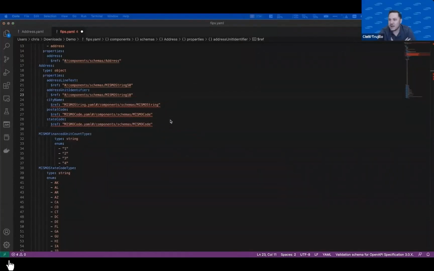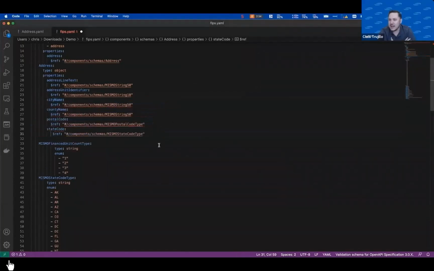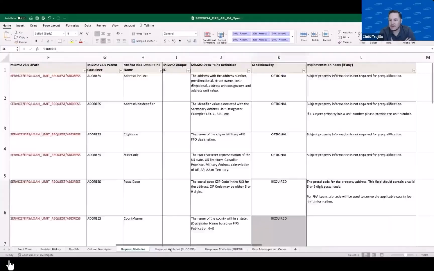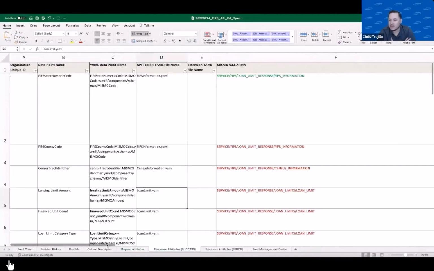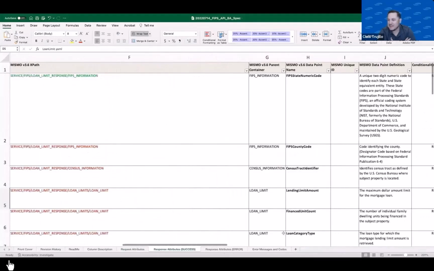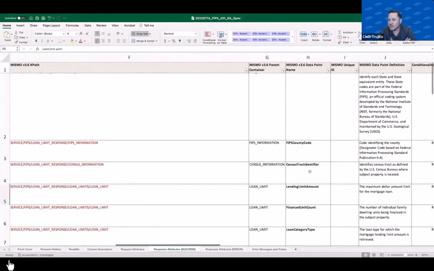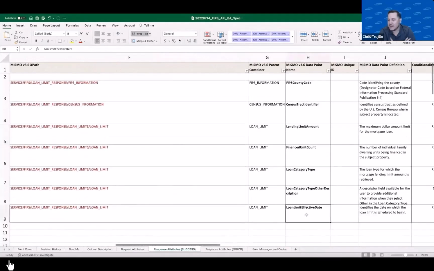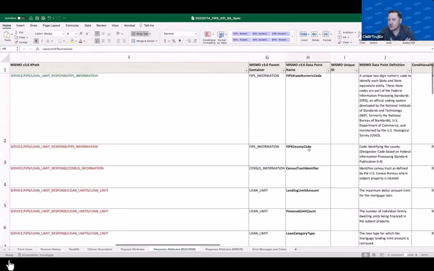In this case, I'm using Visual Studio Code. And there's a couple linting items I have there from OpenAPI that give you these nice squiggly lines as you go through. So we're going to go through the same process, this time for the response. As you see, it's a little bit different. I'm not going to go through the whole process of taking everything out of the model, but I wanted to